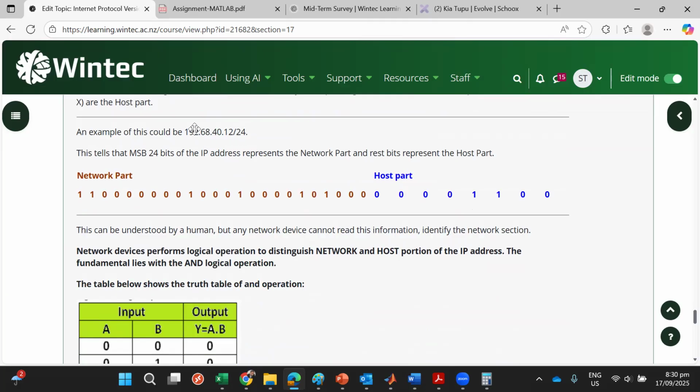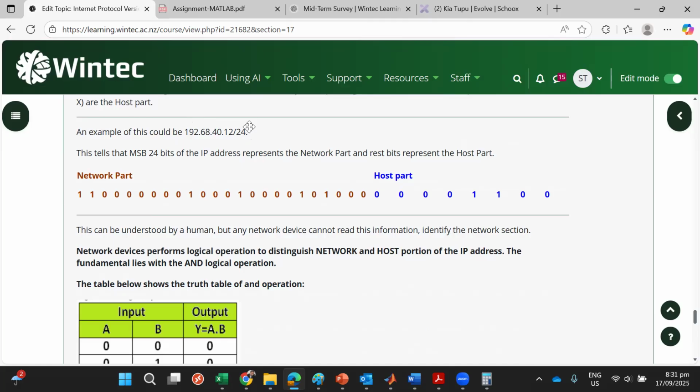I have an example: 192.68.40.12/24. This indicates that the 24 most significant bits will be used for the network address, and the remaining 8 bits, 32 minus 24, will be used for the host. Okay, so the network part we are indicating with the /24. This is information we, as humans, can identify with the / prefix, but that cannot be identified